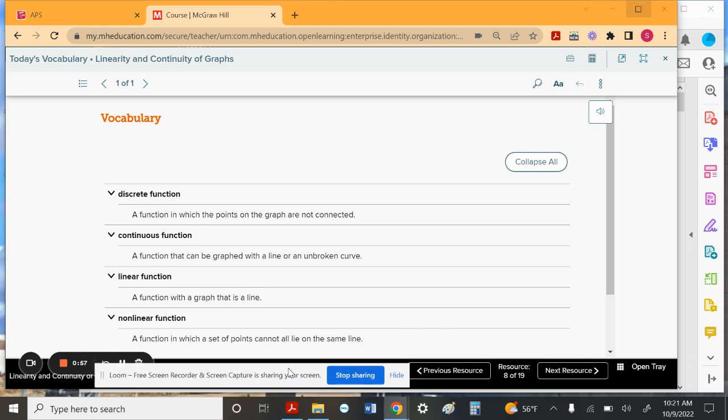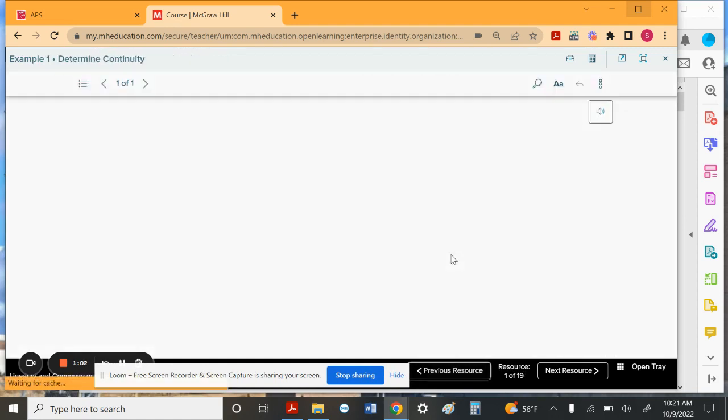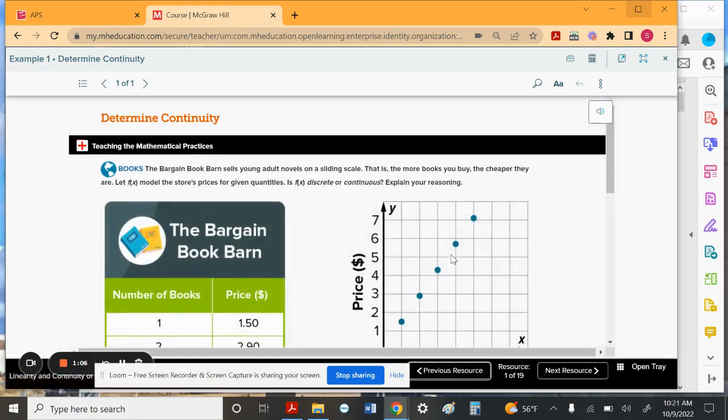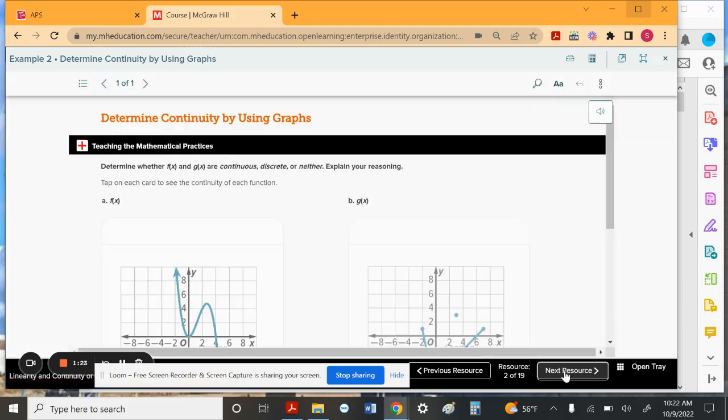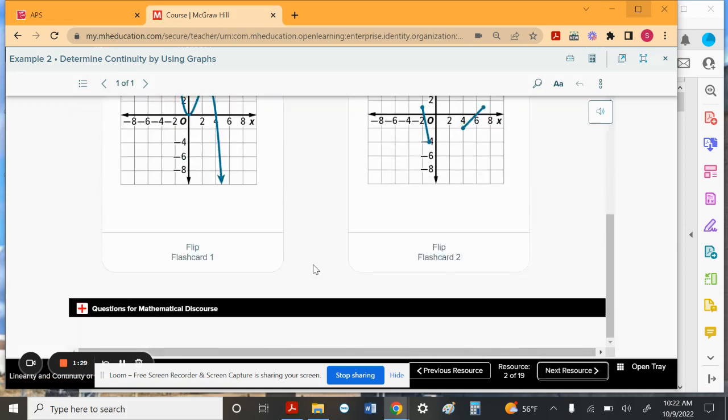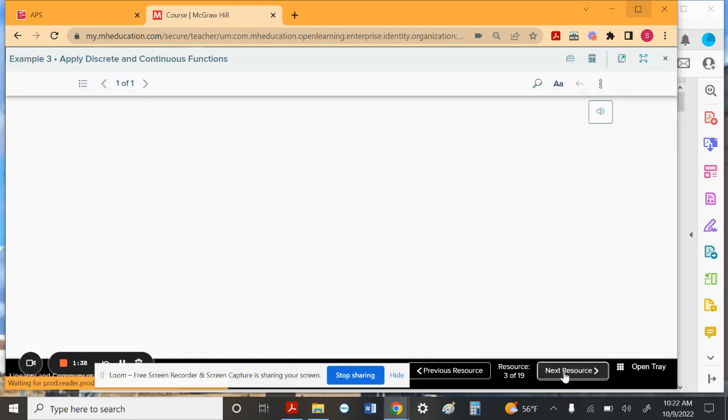But before we get started with all this, I want to go all the way back to resource 1. And what I want you to notice on the presentation itself is that we have a bunch of examples that I'm not going to go through because they're already done for you. And you should go through these if you have any more questions about any of the material. I am going to be doing examples on every example that's in here, but it'll be a different example. So you can kind of go through it on your own. And of course, you can determine things and figure out what works, because the answers are actually located right here. So you'll be able to see those and get those done. So let's move on